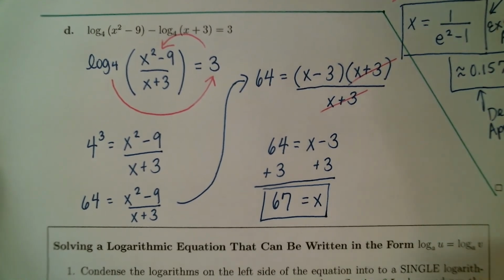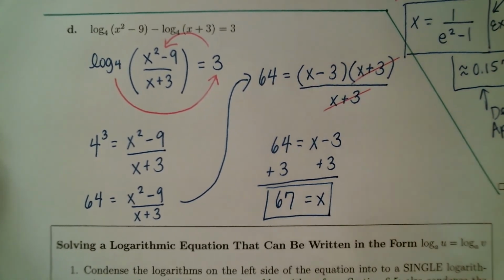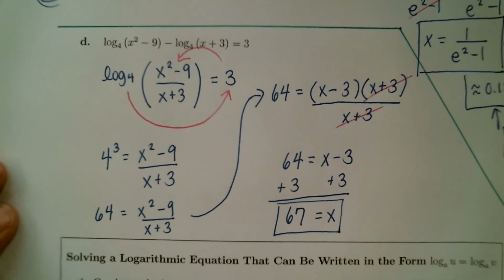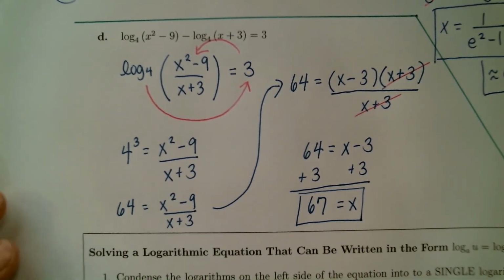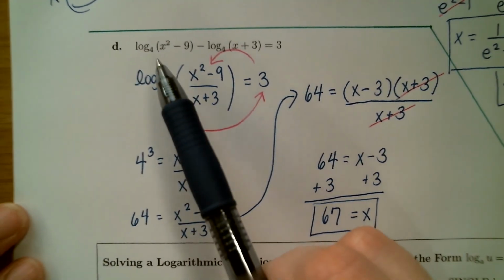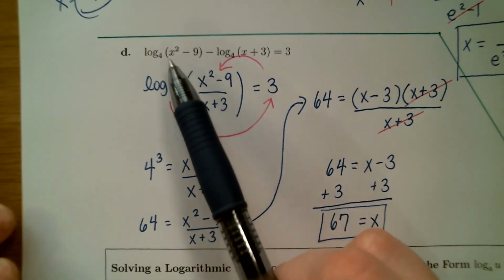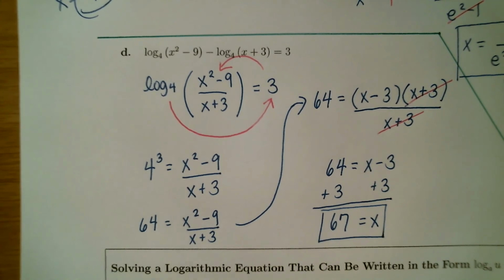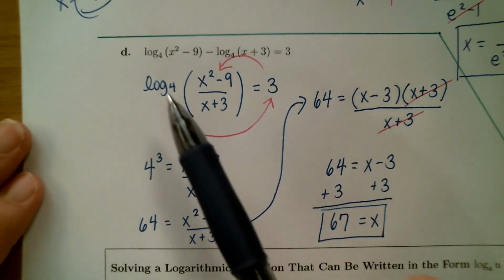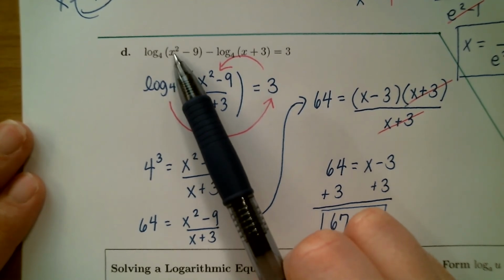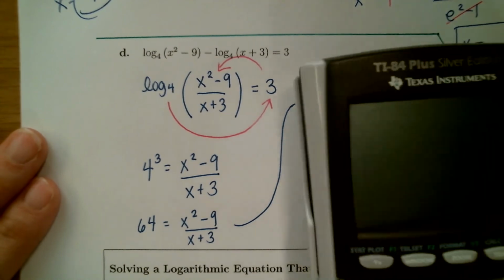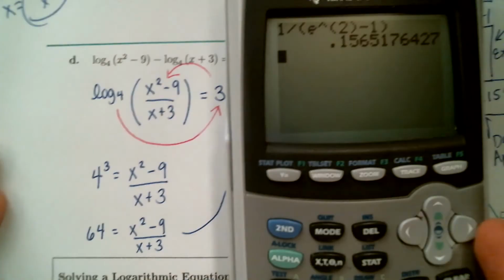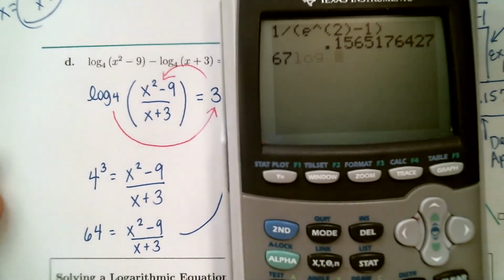Now we need to go check it to make sure that this actually works. Let's check it out. Again, I'm not worried about accuracy. I'm just worried about if I plug in 67, is it going to cause me to take the logarithm of a negative number or a 0? 67 squared is going to be a huge positive number. Let's see what it even is. 67 squared is going to give us, oops,